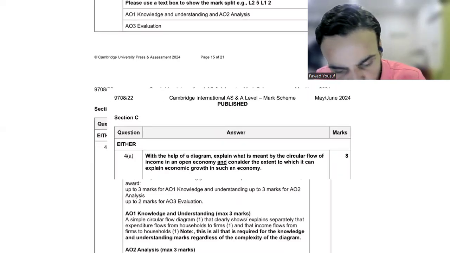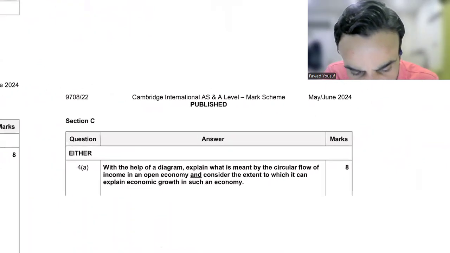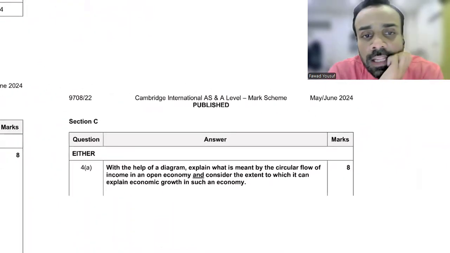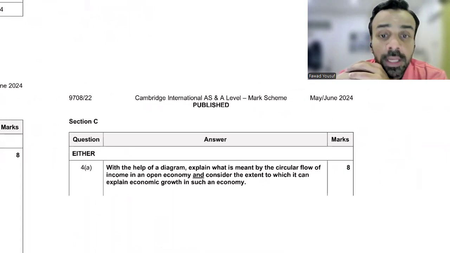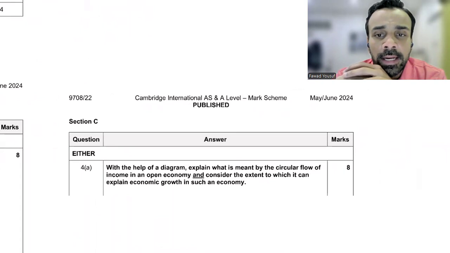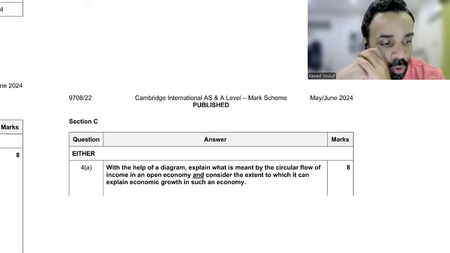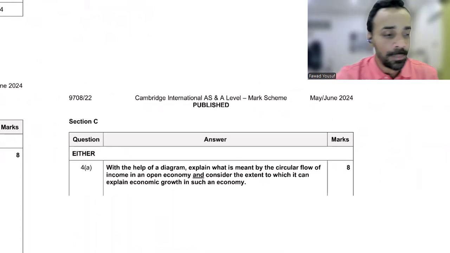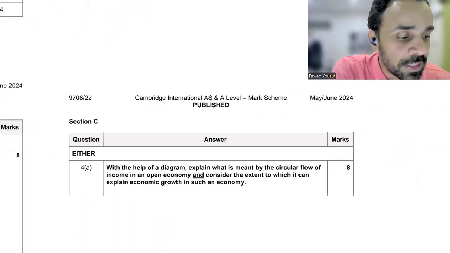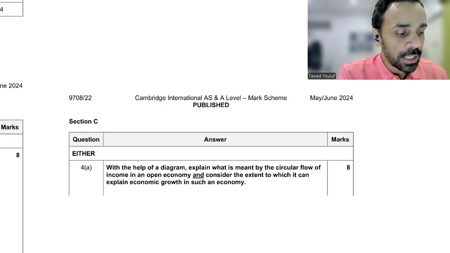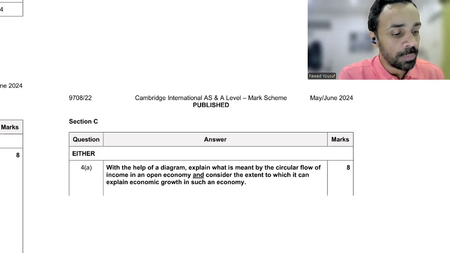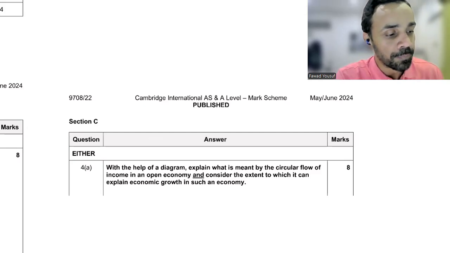I had checked this one myself, so I have it clearly in my mind how the checking was done for this one. They're saying, with the help of a diagram, explain what is meant by the circular flow of income in an open economy and consider the extent to which it can explain economic growth in such an economy. Now, they're saying with the help of a diagram you have to do it, right? So obviously in the diagram you make, the way I was just talking about, a household, you make a